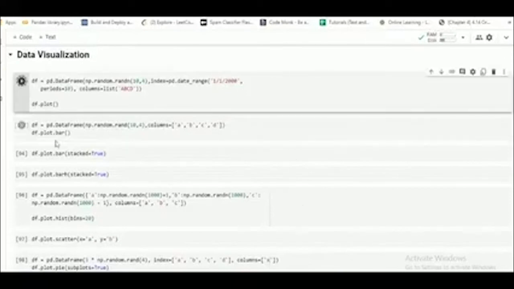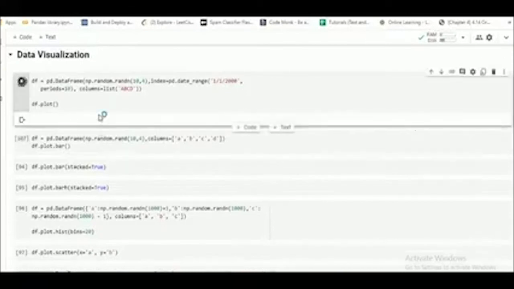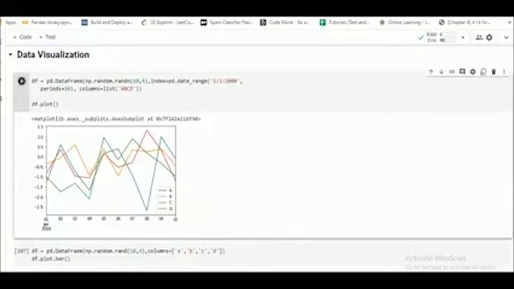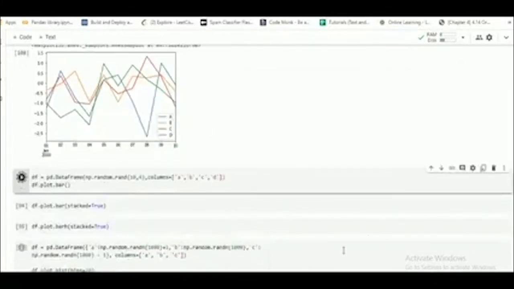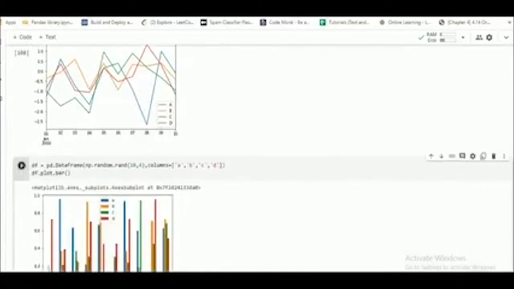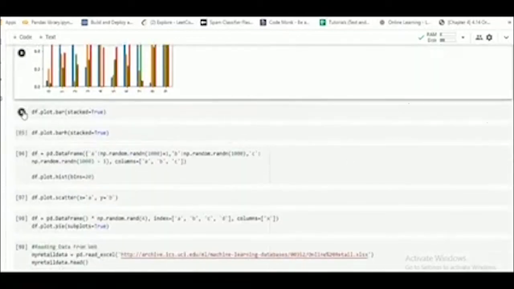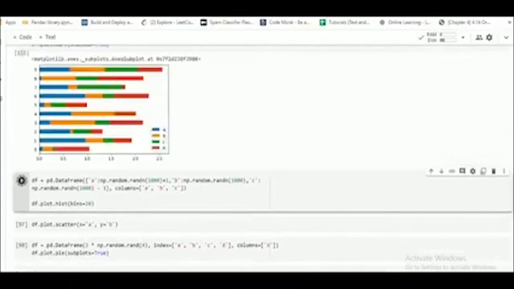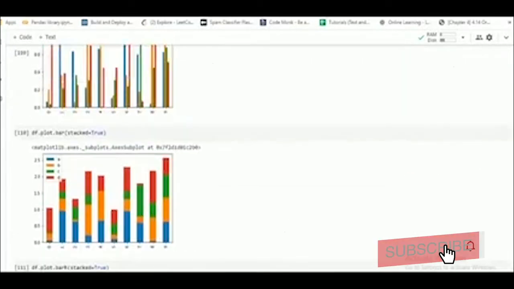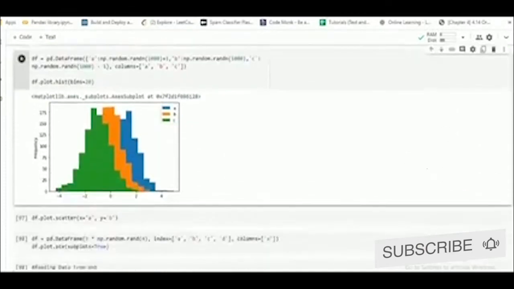Now for data visualization, if I run this, I will get a plot like this. I get a plot like this. See, these are the different styles of plots.